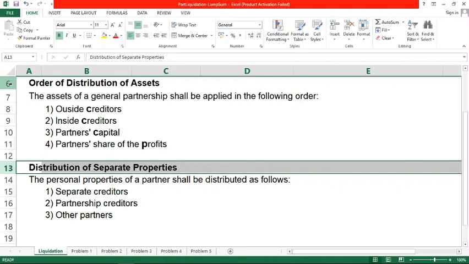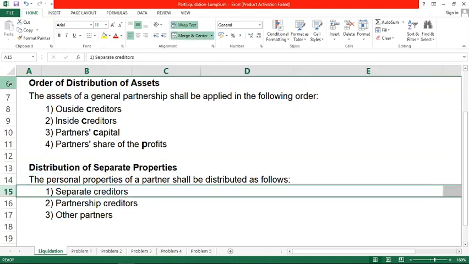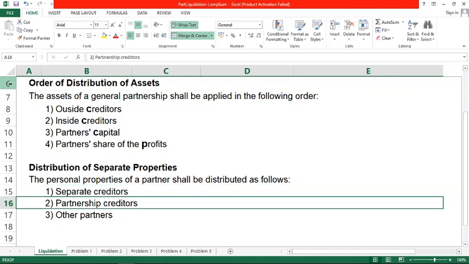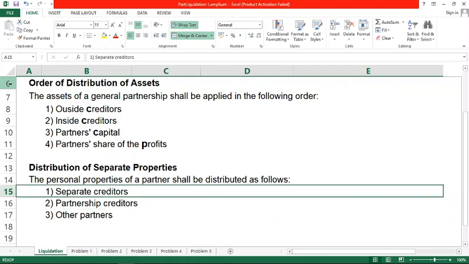So, if I have a land worth, let's say 30,000 or let's say 80,000, that 80,000 land or asset dapat ma-satisfy ang akong separate creditors. So, katong mga gipang-utangan nako personally, sila dapat ang una nako bayaran before pa nako matagaan ang creditors sa partnership. So, kung diri pa lang sa number 1, hurot na ang akong asset,